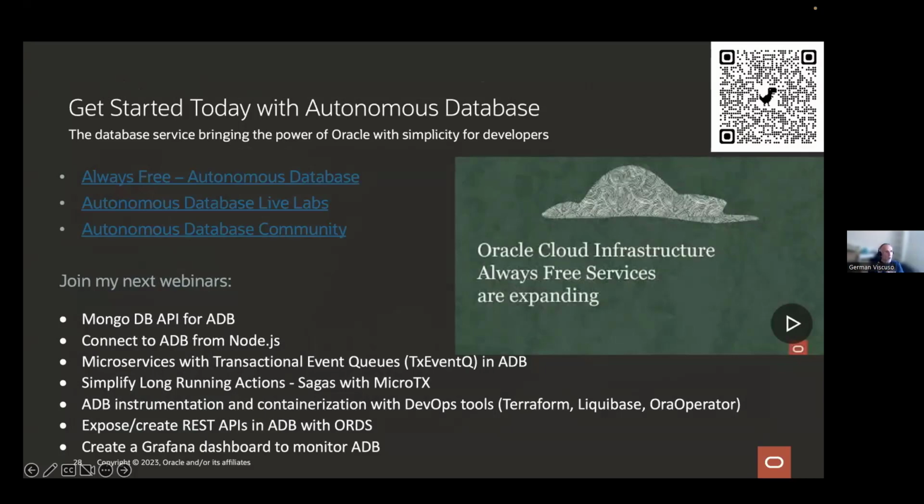So we can go in the next session and take a look at the MongoDB API, for example, how to use the MongoDB API with Autonomous Database. We can take a look at how to connect to Autonomous Database from a Node.js application and use a Node.js library to connect to Autonomous. We can go deeper into microservices with transactional event queues, which is that system that provides Kafka-like functionality within the database. We can also take a look at that MicroTX library that I mentioned before